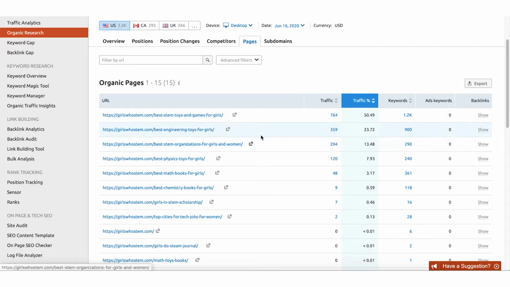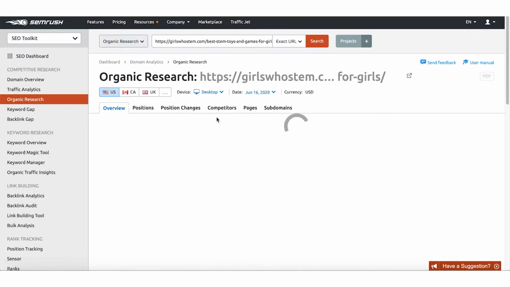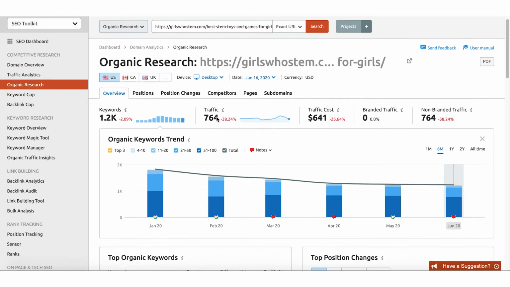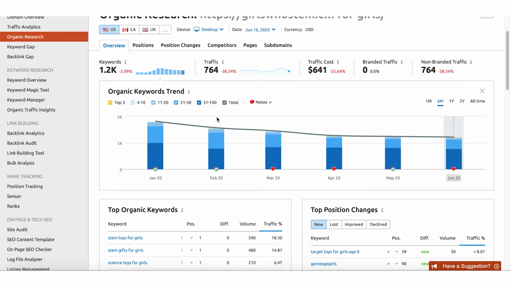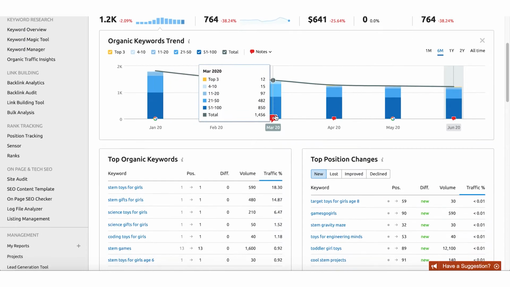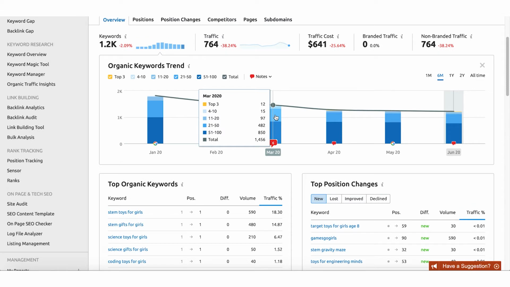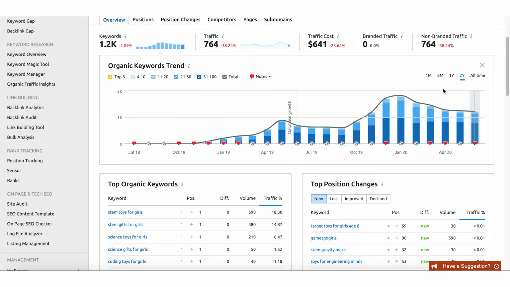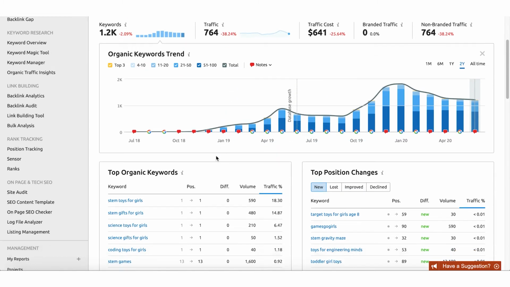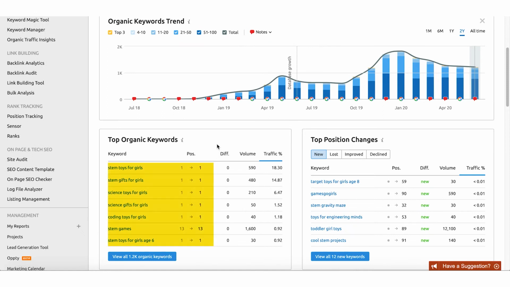So let's go ahead and take a look here. What I'm going to do is isolate by this URL. I'm going to click into that URL, and what it will do for me in SEMrush is filter all the keywords that this particular page is actually ranking for. It also shows how this page has ranked over time, which is also super cool because you can potentially tie it to any potential algorithm changes that have happened through the years. And what I can see is that this page is ranking #1 for STEM toys for girls, along with a ton of other phrases, #1.